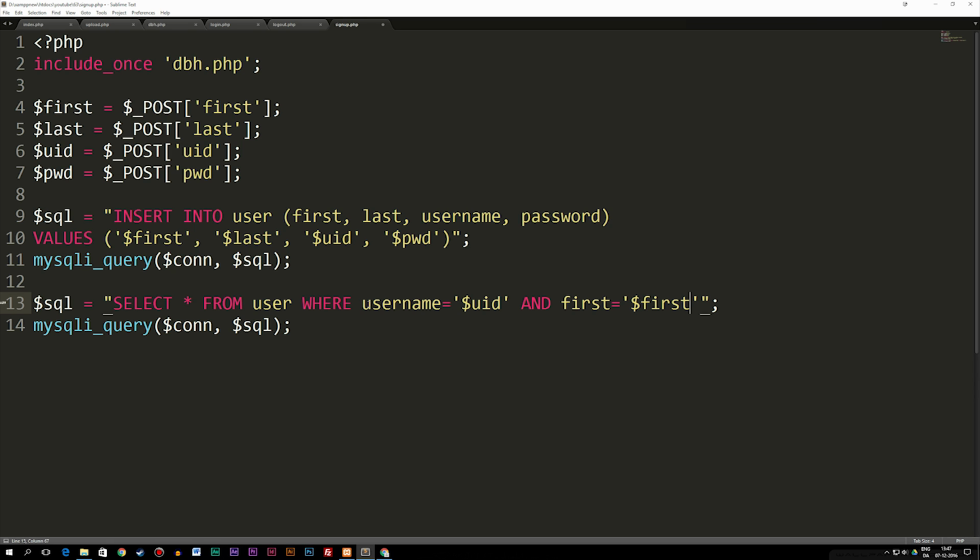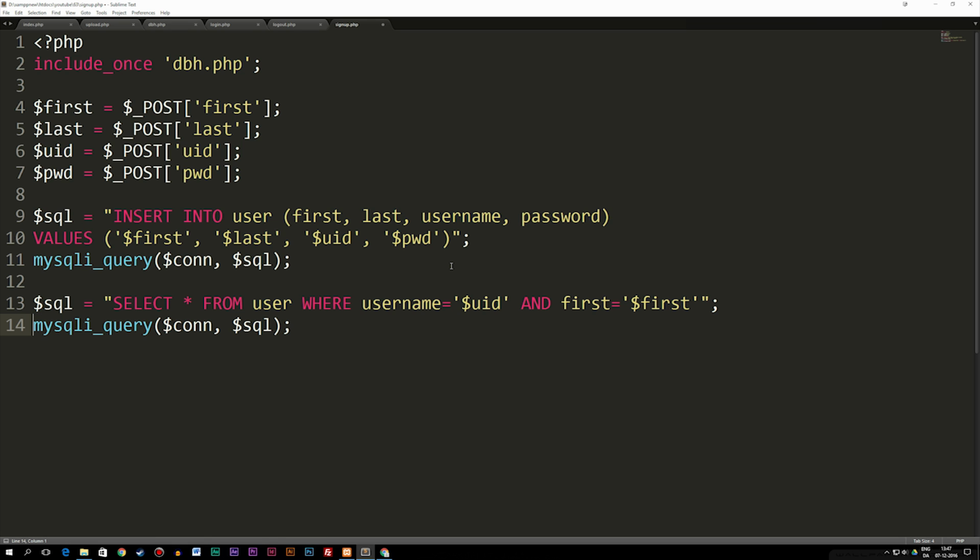If a user for some reason has signed up with the exact same username as another user, then we would end up going in and overriding that first user. So we want to make sure that the username and the first name are the same, just to make sure there are fewer errors. So after we have this, we can now go down to the query down here,